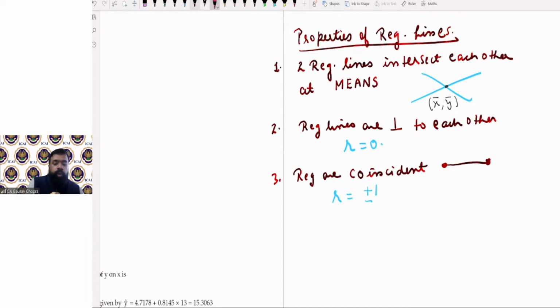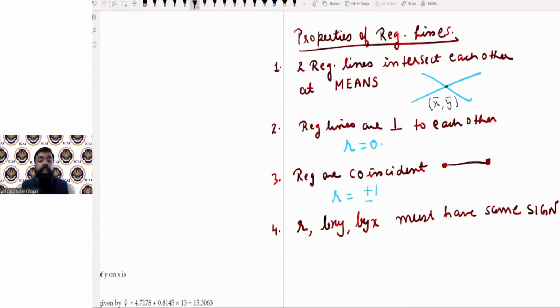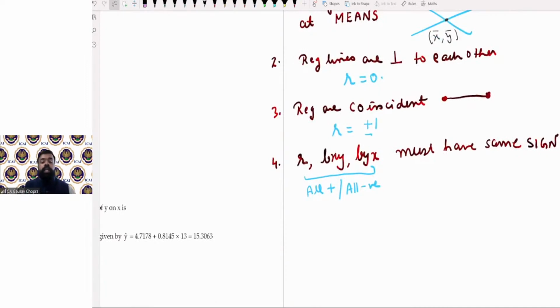देन पॉइंट नंबर 4, r, bxy and byx all must have same sign। इन सब का जो साइन है वो सेम होना चाहिए, या तो सारे के सारे होंगे पॉजिटिव या फिर सारे होंगे नेगेटिव, ऑल पॉजिटिव या फिर ऑल नेगेटिव। तो आर, बी एक्स वाई, बी वाई एक्स मस्ट हैव सेम साइन। अगर सेम नहीं है, दैट मीन्स देयर इज अ मिस्टेक, कहीं ना कहीं मिस्टेक है।